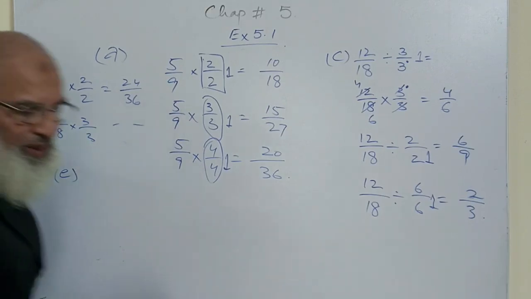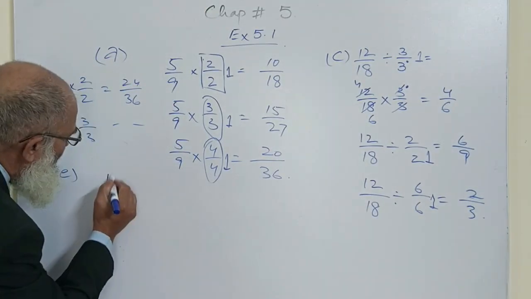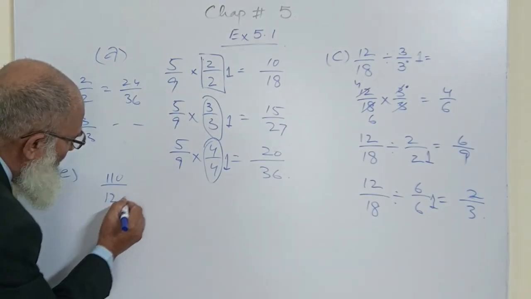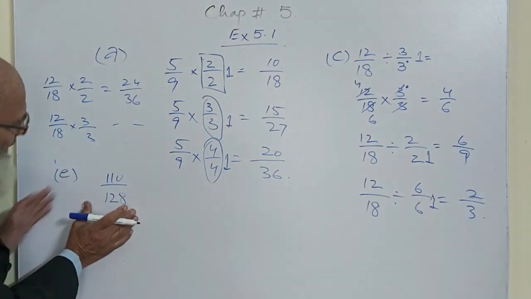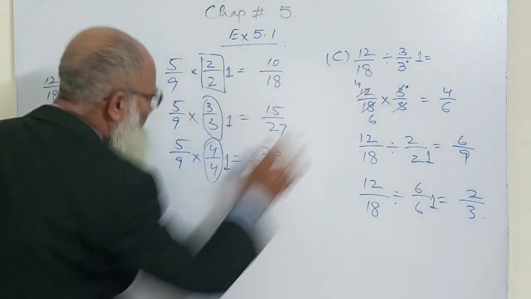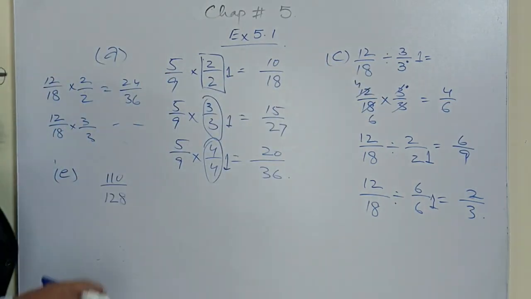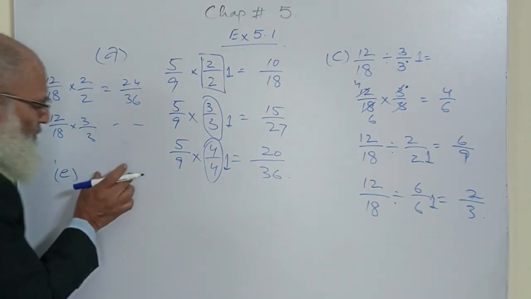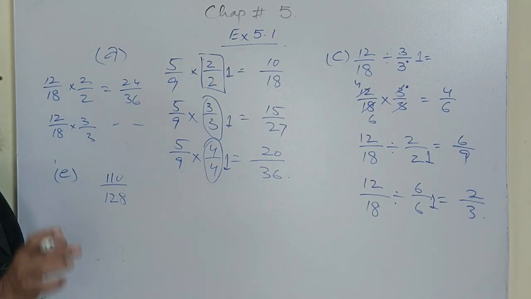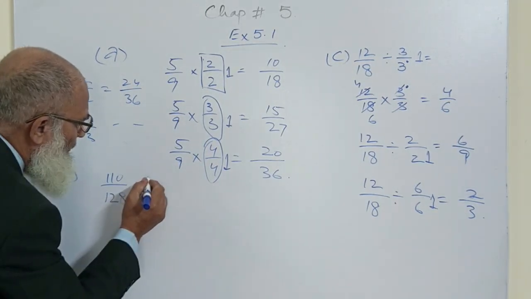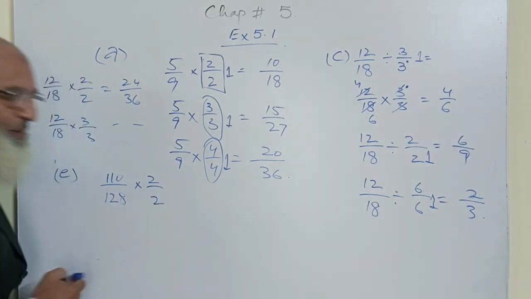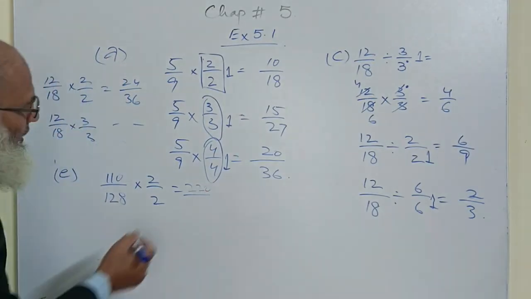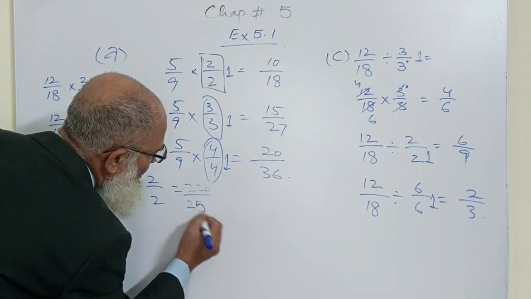So let me do question number E, and that is 110 divided by 128. It is a very large number as compared to these two numbers. We can also divide it, but you see it is only divisible by 2. So rather than going for the division, I go for the multiplication. So it will become 220 divided by, well, computer people know